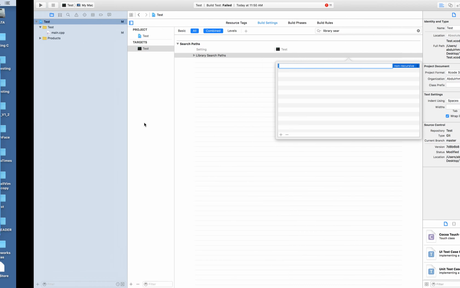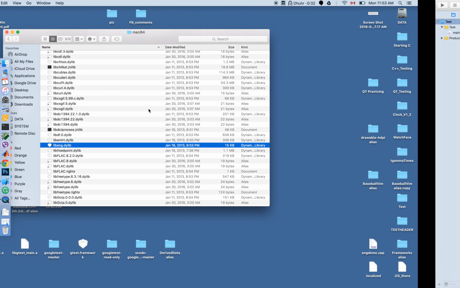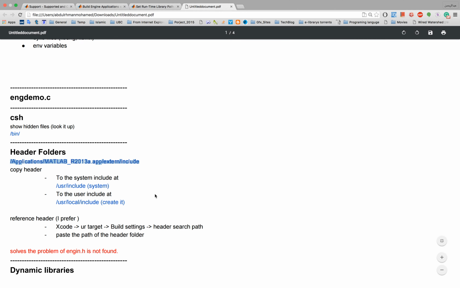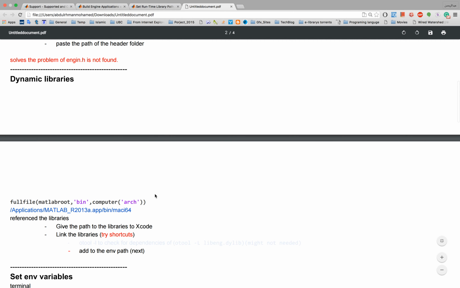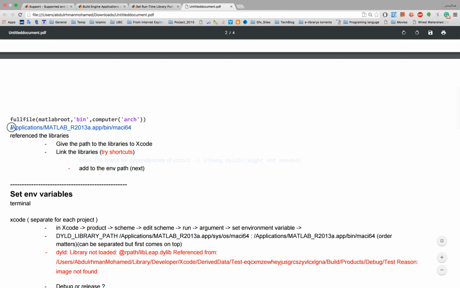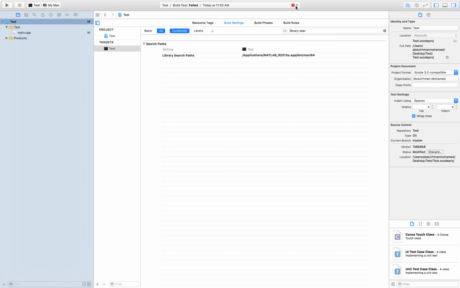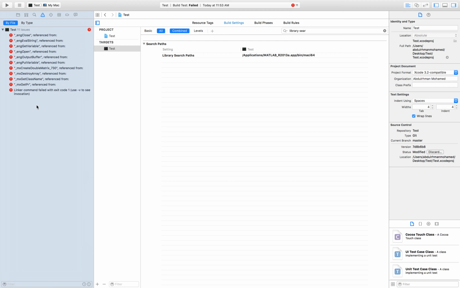I have the link to this folder, which contains all of them over here. All right. Paste it here. Bam. Now let's see. We already have 11 issues, and we still have the same number of issues. It turns out that you don't just tell Xcode where it will find those files,